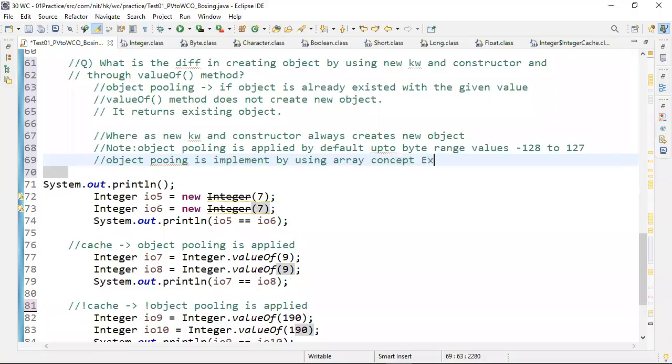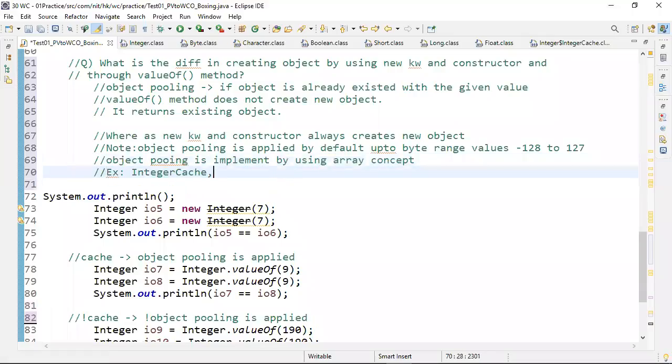For example, IntegerCache, DoubleCache. Each wrapper class contains its own cache class: IntegerCache, LongCache, etc. Are you catching my point?